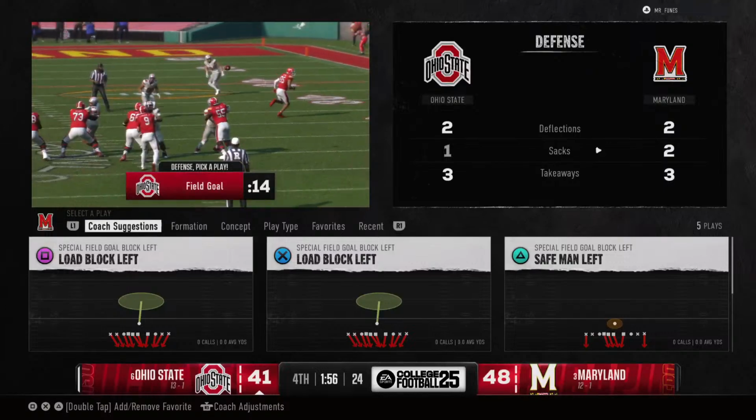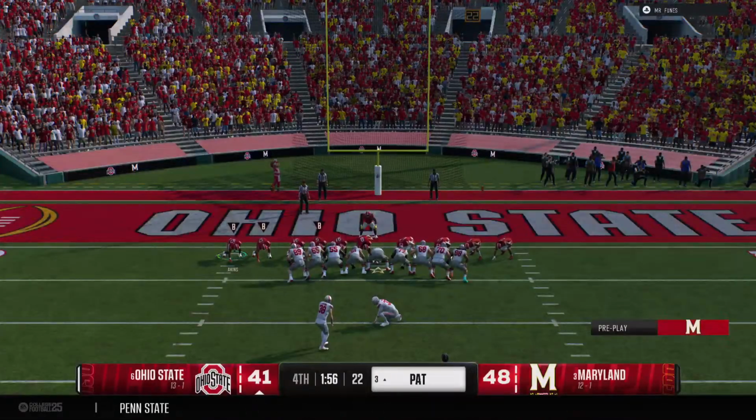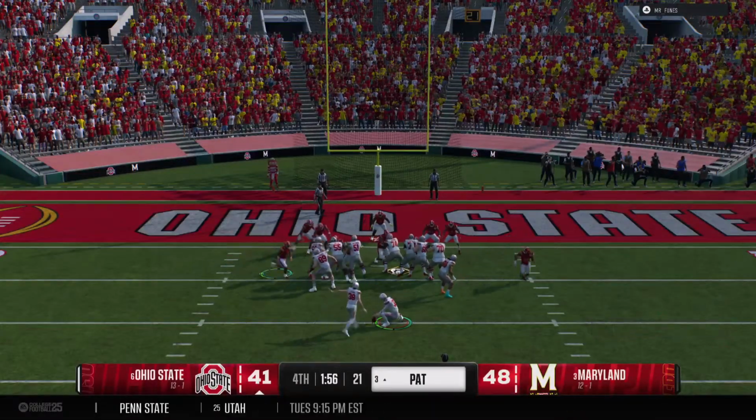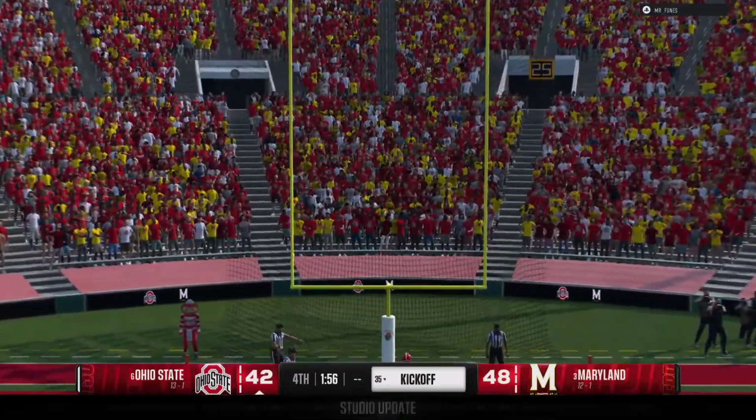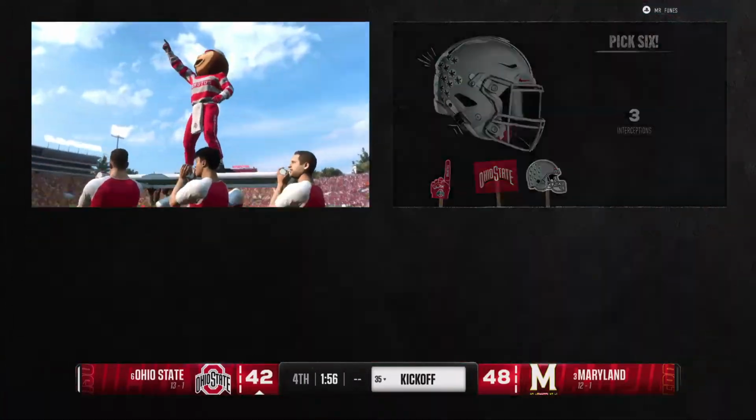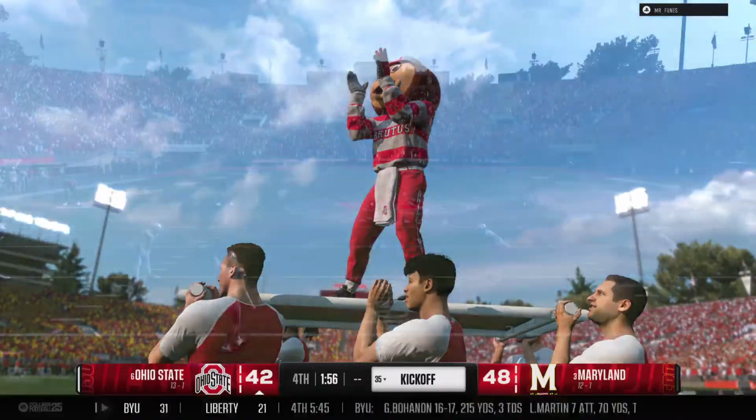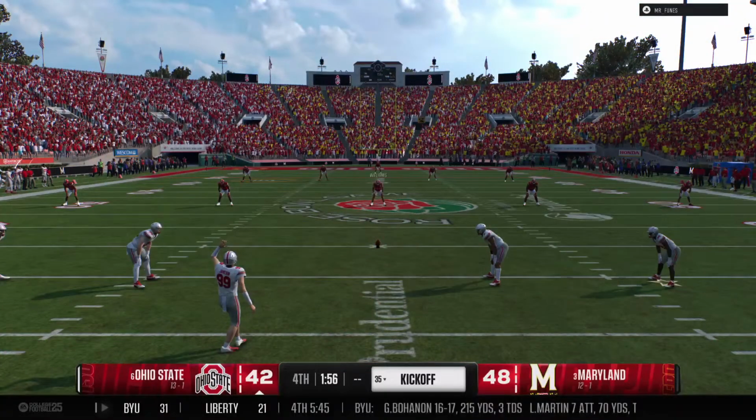And now the try here for the extra point. And good to get a little bit closer. Now they get set to kick it away.